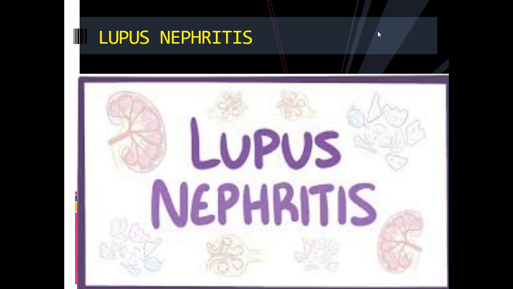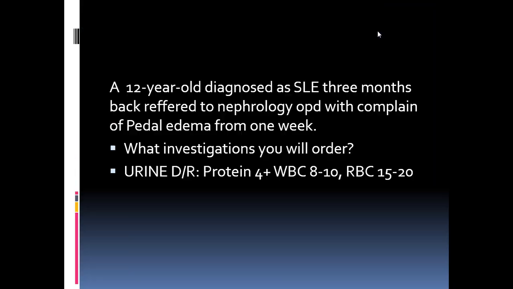So coming to the next entity of lupus nephritis, which can again present like acute glomerulonephritis, and the child can come to your clinic with hematuria and cola colored urine. So I'll start this topic with a case again of a 12 year old girl. She was diagnosed with SLE 3 months back and was later referred to our nephrology OPD clinic with the complaints of